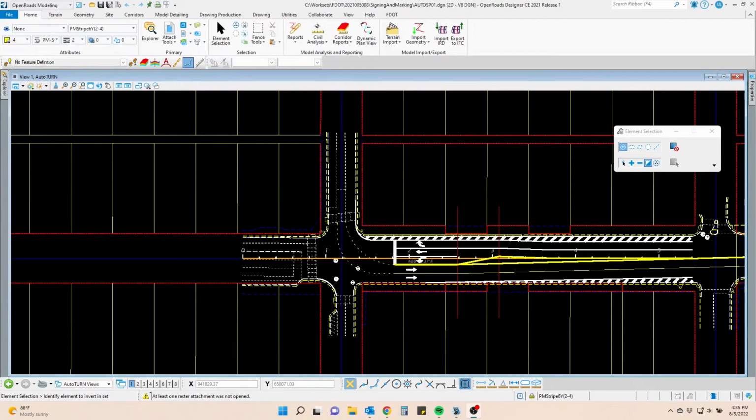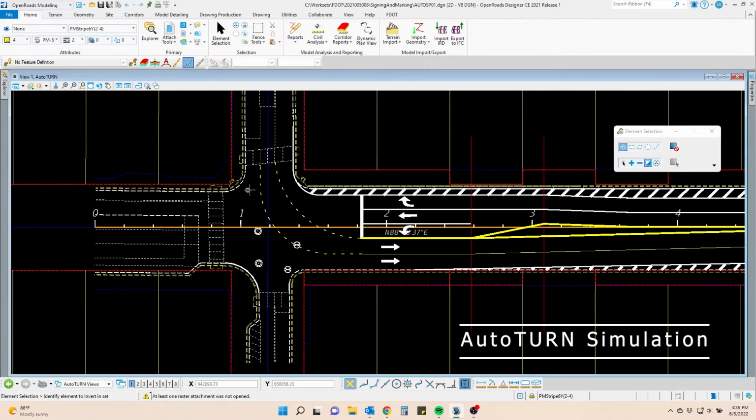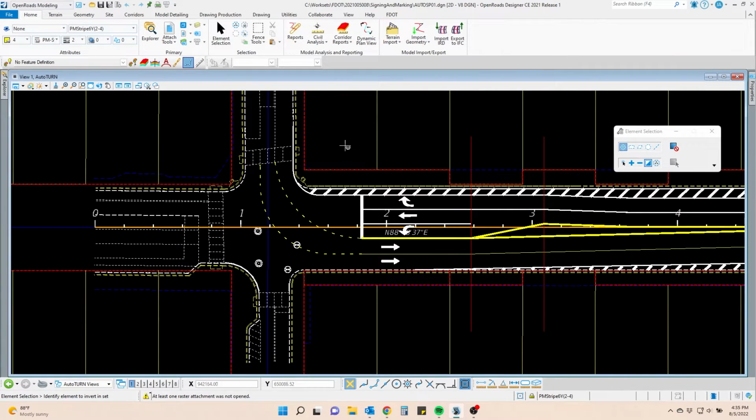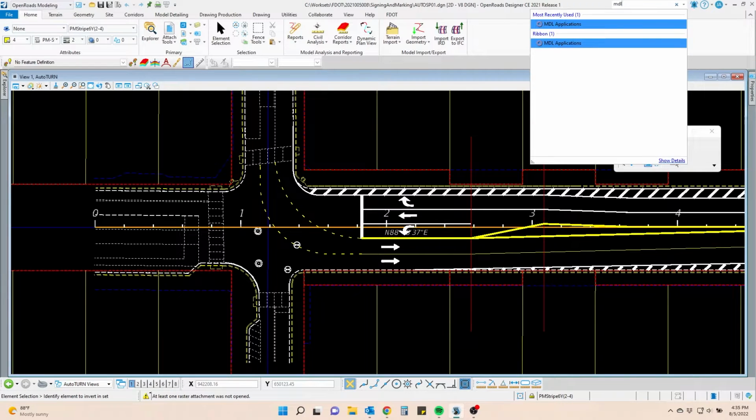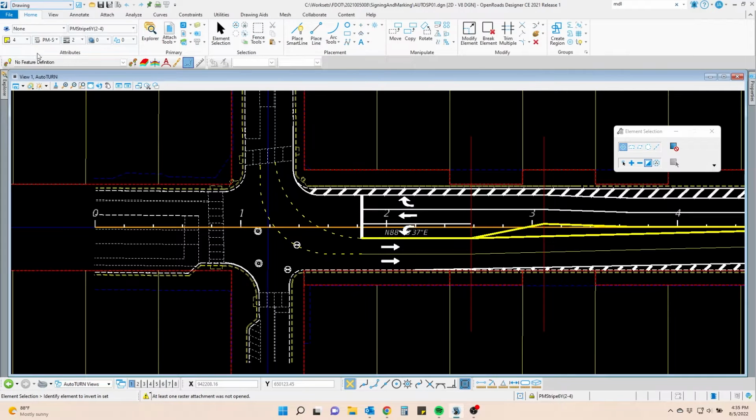Hello everyone. In this video I'm going to show you how to do a quick and dirty AutoTURN simulation. The first thing you've got to do is know how to load it. It is a third-party application, so it doesn't come with RD. You can type MDL application to load it up. Right there it tells you where it's located, or you can just go to your utilities workspace and find it